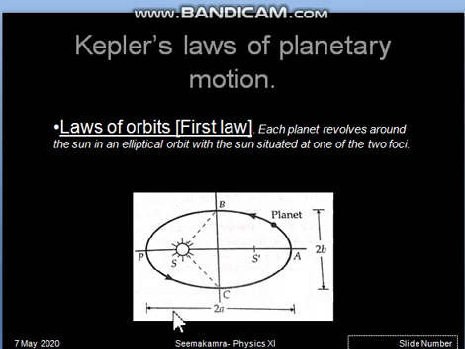And in this ellipse, two terms are denoted, that are 2a and 2b. As we know, the ellipse's diameter horizontally and vertically are not the same. The horizontal diameter is bigger, the vertical diameter is smaller. So this horizontal diameter is named the major axis, 2a, and this vertical diameter from B to C is named the minor axis, 2b. So this way the terms are denoted. So this is about the first law of Kepler's planetary motion.